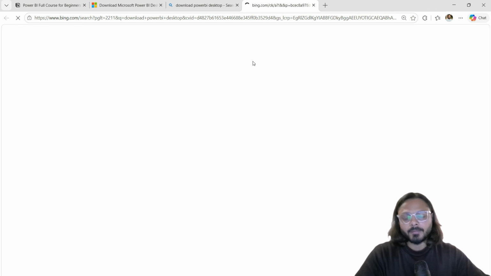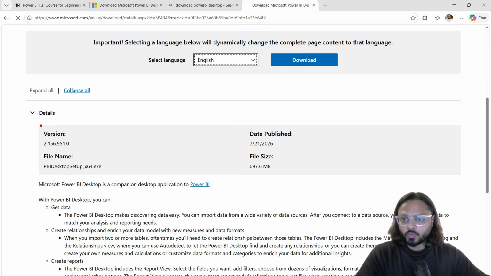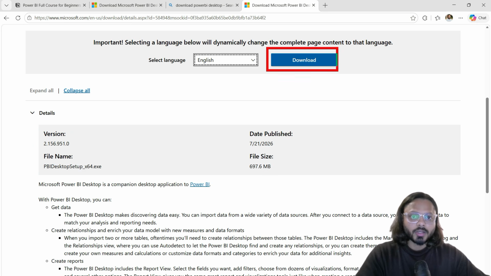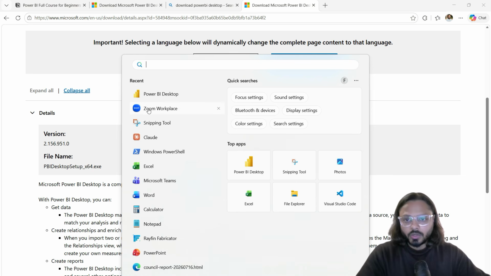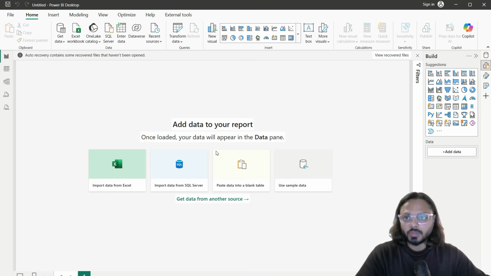Once you click there, choose the language you're happy with. English is default, and you can see over here which version it is and the date published. So it is fairly new and we are happy with that. Click on download. It will be pretty much basic, the way you install every other app. Once you install the app, you should be able to look for the Power BI desktop icon like this, right? Once you have this installed, just click on this and then you should be able to get this